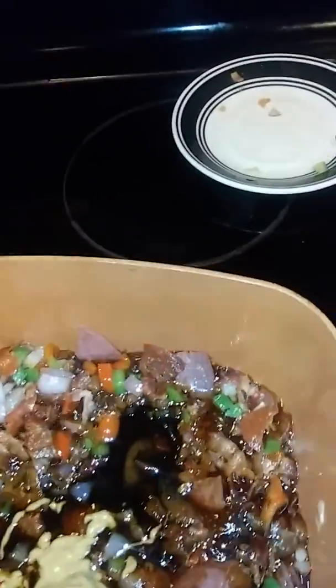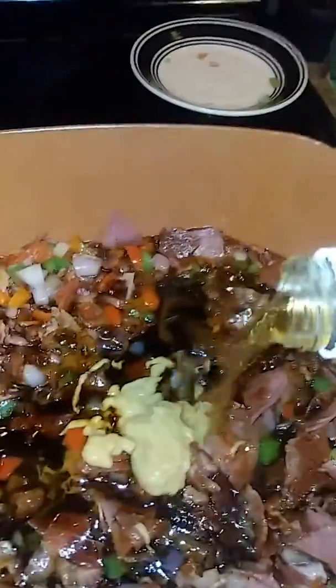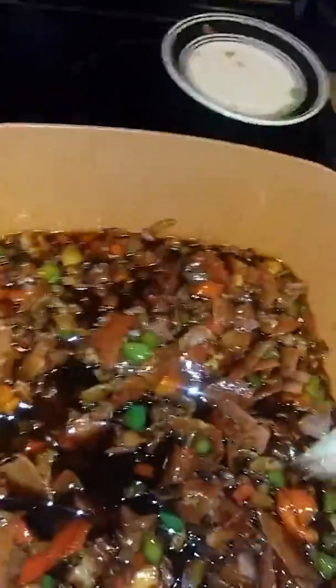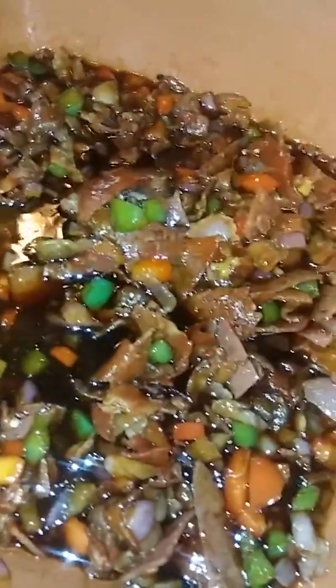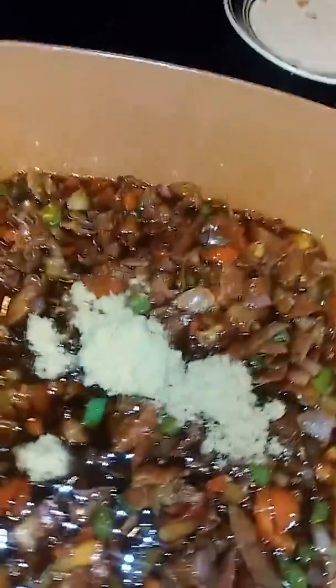Going to use some apple vinegar. Some apple vinegar. Brown sugar. Okay, while that's going, I'm gonna let that warm up. Okay, there it goes. Now, I was given some baked beans,